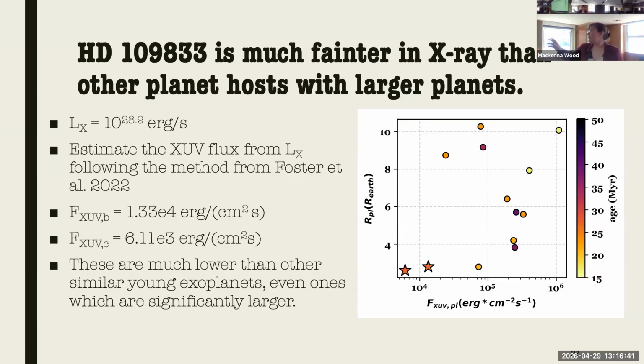So this plot here shows the X-ray flux irradiant on young planets for every planet less than 100 million years that I could find an X-ray measurement for. There aren't all that many of them. And this is the lowest flux of any of them. Most of them are much larger than these.